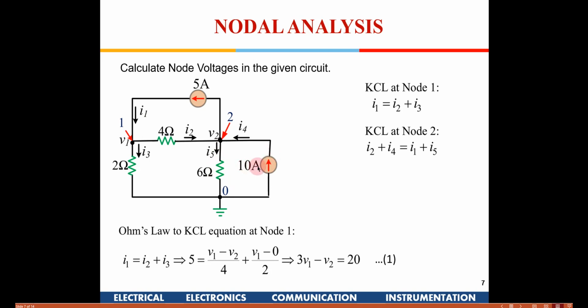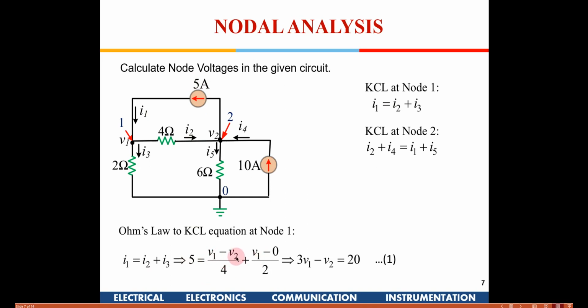So you write these equations: I2 plus I4 are the currents coming into the node, and I1 and I5 are going out of it. I4 is 10 amperes, which is known here, and similarly I1 is 5 amperes, so that is also known. After that we need to substitute these values. In the first equation, I1 is equal to I2 plus I3, where I1 is known as 5 amperes, and then we have to write the other currents